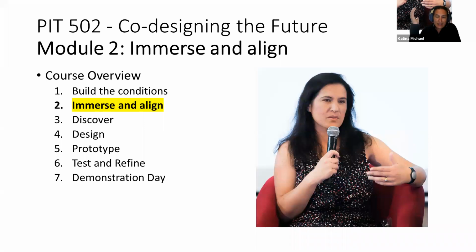We're at the second of 7 weeks. And this week we're calling Immerse and Align. So we've done the build the conditions, which is really context setting. It's really about the public interest technology project. And now we're going, okay, it's time for us to investigate further. Let's do a desk study. And a desk study is like a literature review or something that tells us more about the project. It could be local newspapers that you find. It could be other kinds of journal publications with peer-reviewed weighty evidence on statistics on what's happening with our fisheries, for instance. Then we're going to go through discover, design, prototype, test and refine, and then our pitch day